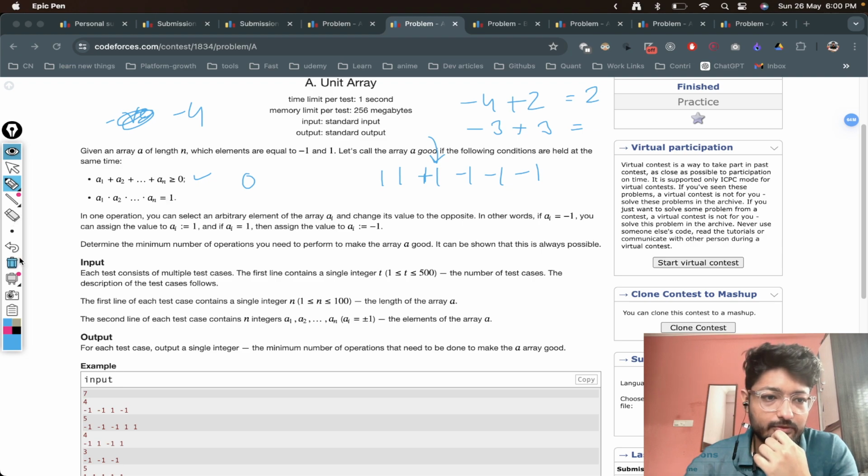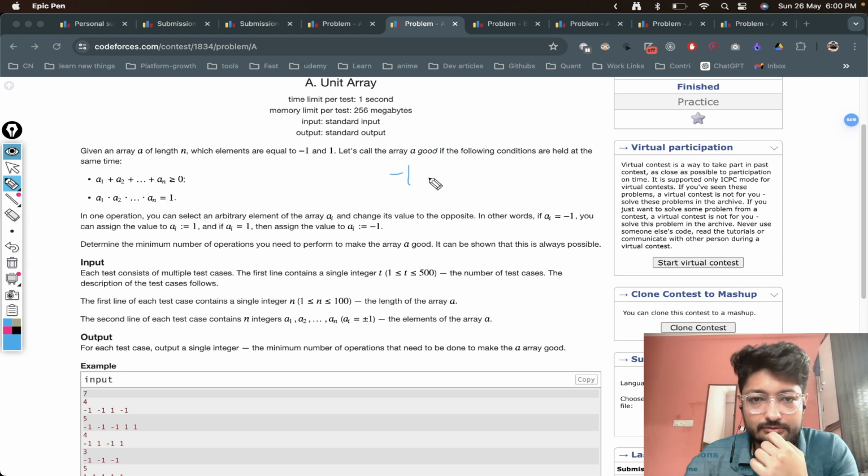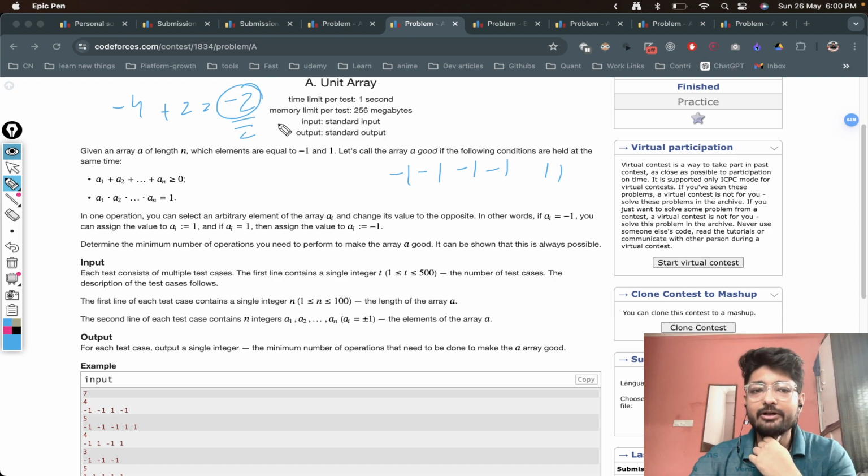So initially, if I just move everything out, it has -4s, -1, -1, -1, -1, and two plus ones. So -4, and then plus 2, which means -2. So I have -2. So if I divide it by 2, which means that,